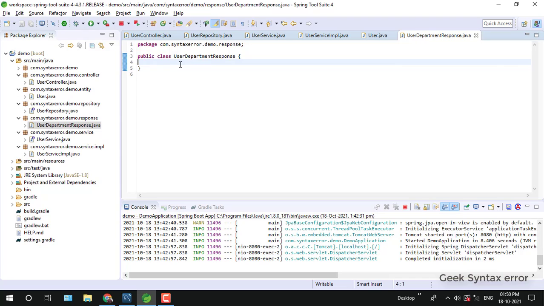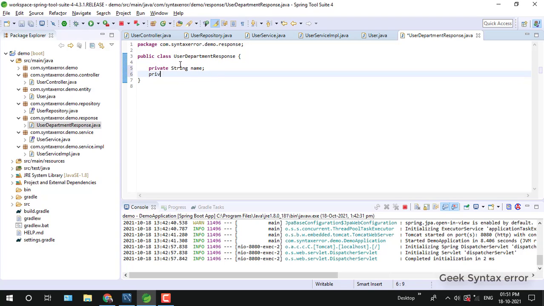Entity class means it has to be bound to some table, but whatever result set we are getting, this is not bound to any table. The result is coming from the combination of two tables, so this is only the response. So we don't have to specify anything like @Entity or @Table name. This is just a normal POJO we have to create.